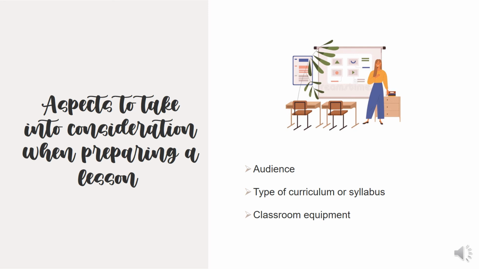Some aspects to take into consideration. In this case, our audience will be very important, because we have to know which level of students we are going to be teaching. And for public and private school systems, it depends on who our audience is and which level they are on. Also, we have to see if they need a diagnostic test to see their level,